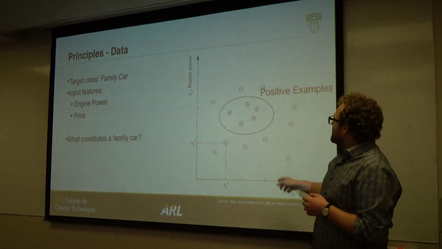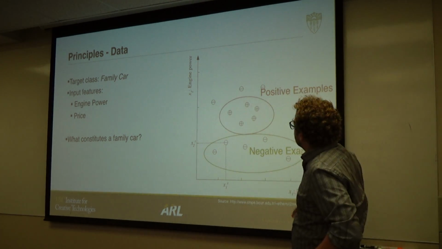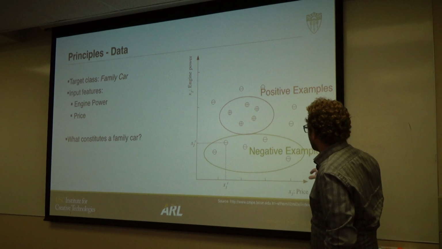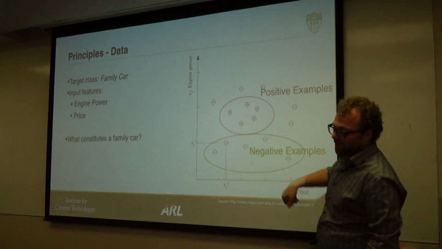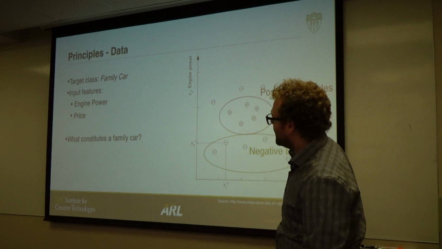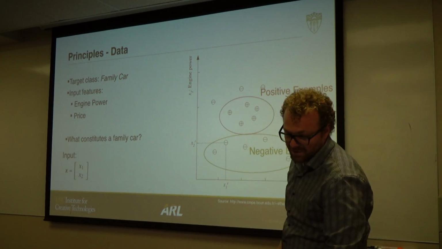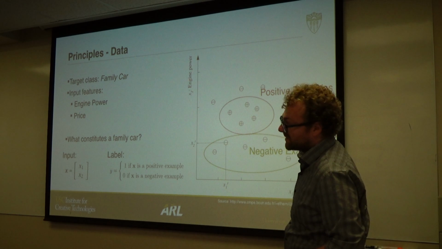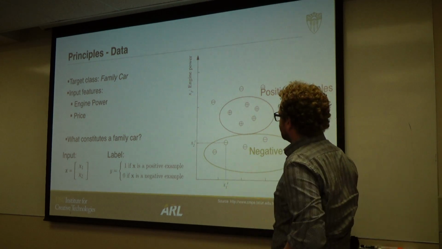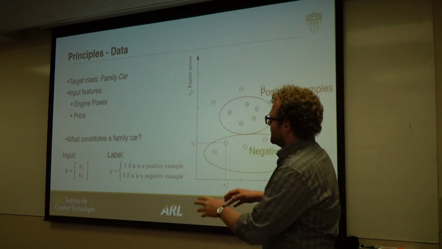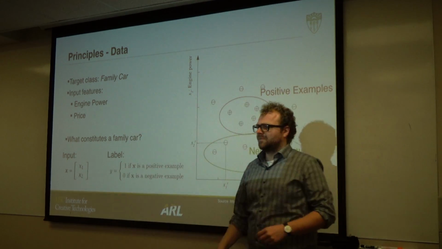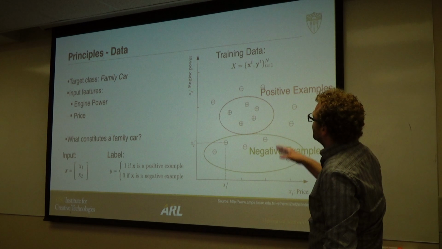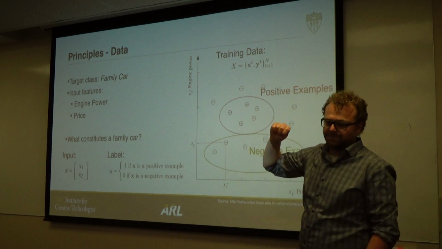That's kind of what a machine learning algorithm could find, okay? So this is kind of easy, but we can also define a circle. That's something that we could do too. And then, these are all negative examples, these are all positive examples, just for illustration. The input is composed of these two, and the labels are zeros and ones, so this is just summing up what this represents. And now our training data for the machine learning algorithm are these two together, okay? For all of these points. So it's like this sample of observations and labels, okay?